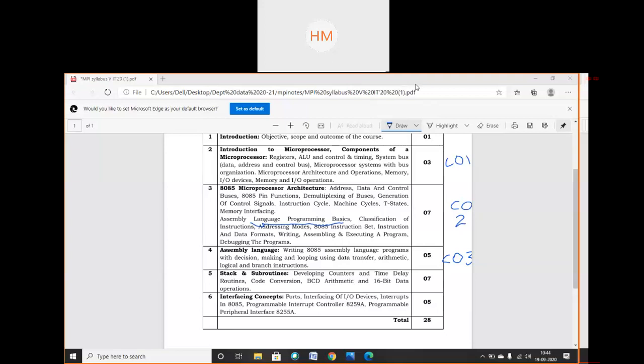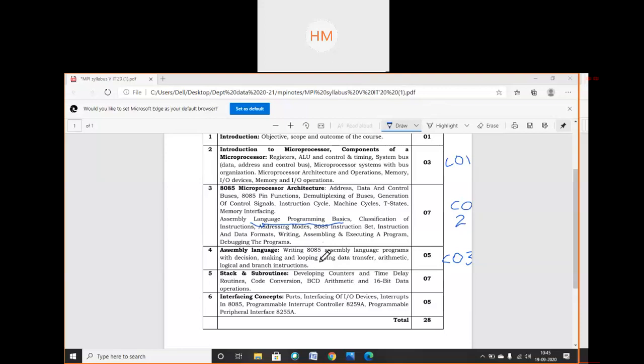Logics can be different. You can write a user defined program where the user gives all the inputs, or you can store the inputs in a register, or you can take the inputs from memory. So you can write programs in different ways. A few topics of CO2 are remaining that we will discuss in 5 to 10 minutes. Then we will start with CO3.